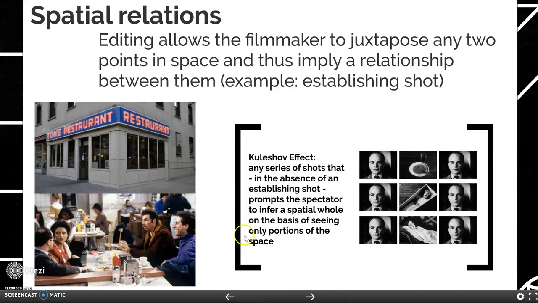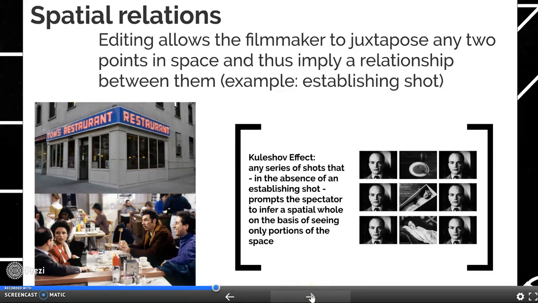Now, was this scene actually shot inside Tom's restaurant? Probably not. This is probably a set. But we're able to take these two images, put them together, and imply a relationship between them. Establishing shot and then an interior, right? Another important thing to think about when we're talking about spatial relations, the idea that an editor can put two images next to each other and we are going to imply as an audience that they are connected in space,